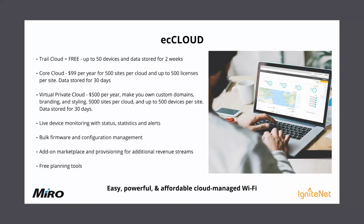So what can you do with this? You can check your live device monitoring with status, stats, and alerts, bulk firmware and configuration management, a marketplace, and then obviously they've got free planning tools as well. In the next slide,